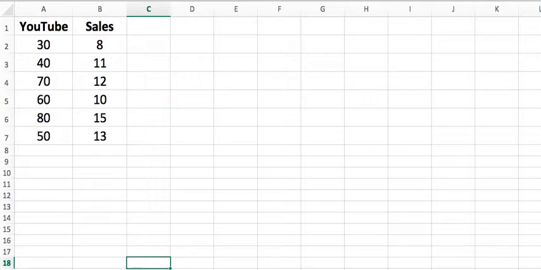For problem number 11, I want you to utilize the p-value to indicate whether the relationship between sales and YouTube views is significant, that is, whether the linear regression equation could be used to forecast sales based upon those who had viewed these YouTube videos. So with the results,